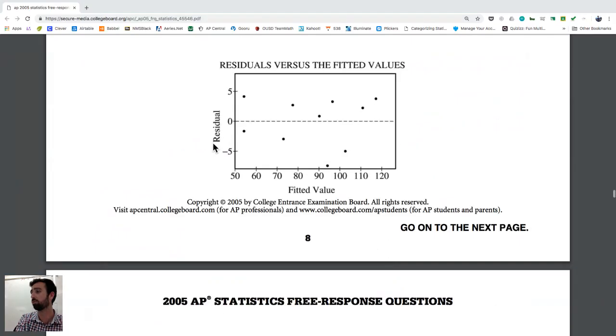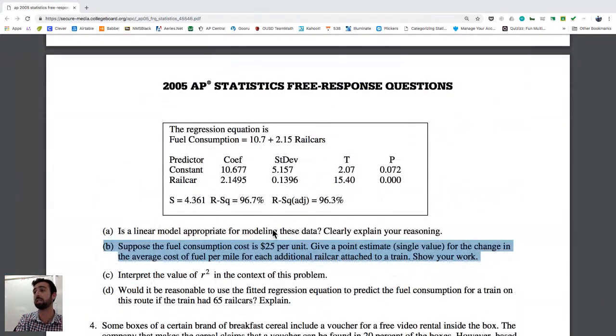So for the first question, it's saying, is a linear model appropriate? Remember, we use R to talk about whether something is linear or not, is linear regression good, as well as using a residual. If you look at our R value, which we'd have to square root, we know it's 0.98, that means a linear model is good, because the closer it is to 1 or -1, the better a linear model is. So you could use that as part of your answer, but you also want to look